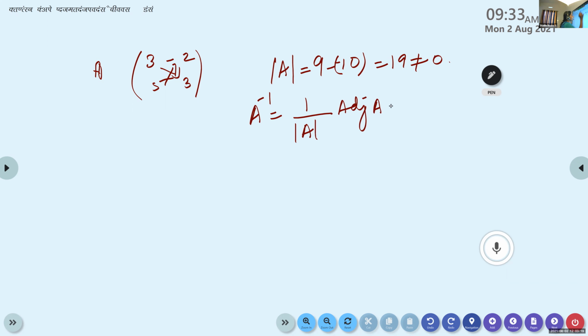For a 2 by 2 matrix, how to find the adjoint? Yes, tell me children, how will you find the adjoint of a 2 by 2 matrix? A is the matrix given. Yes, Femina, how will you find the adjoint here? What is the easy way given? I gave one easy method, isn't it? Aishwarya, what is the adjoint?